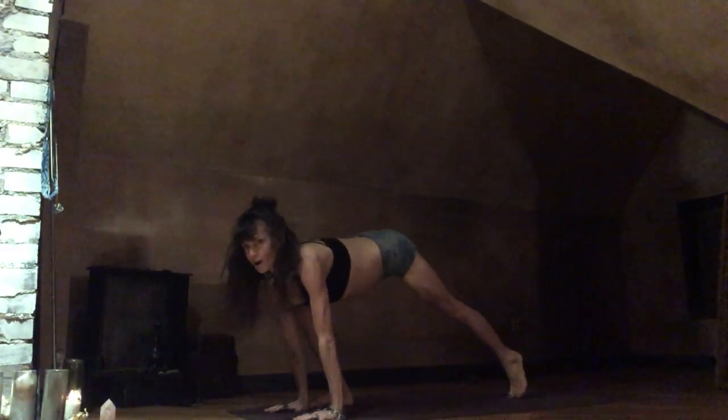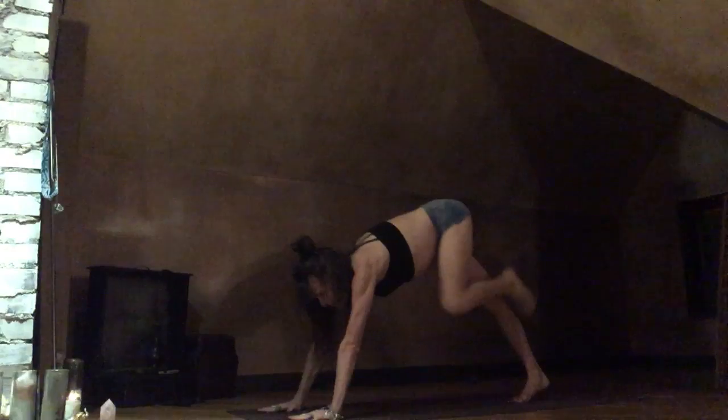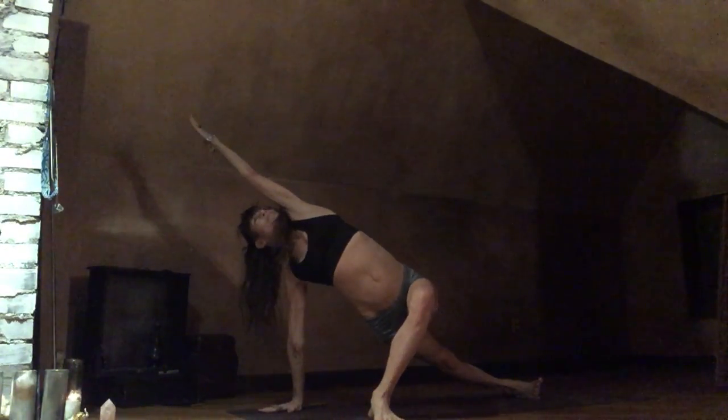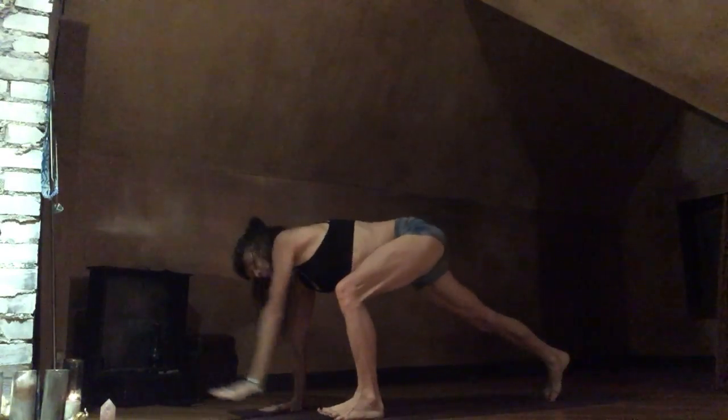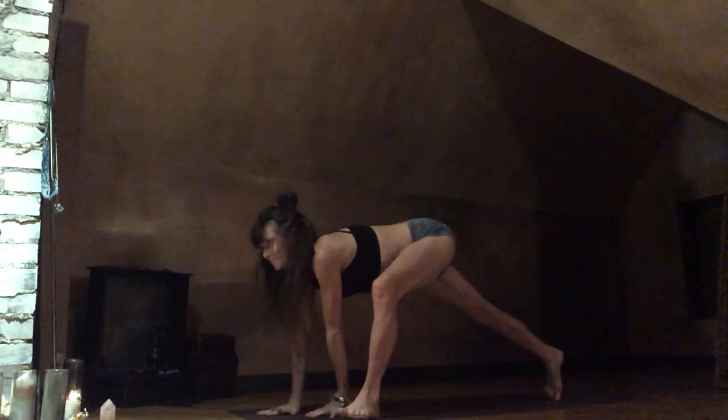And take it forward, pause, cross dog, split the legs, and then take your left foot outside your left hand, and then you will turn left on your inhale. Exhale, plant the back foot, straighten the front leg as you bend the back knee. Come forward